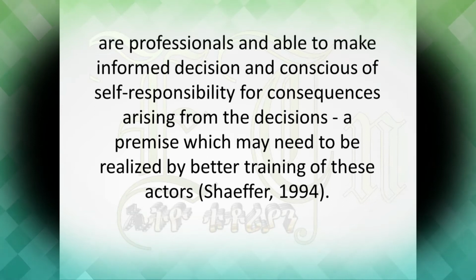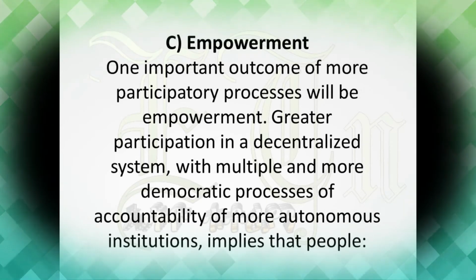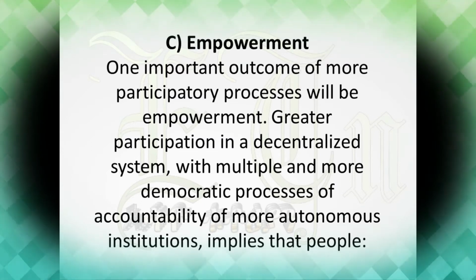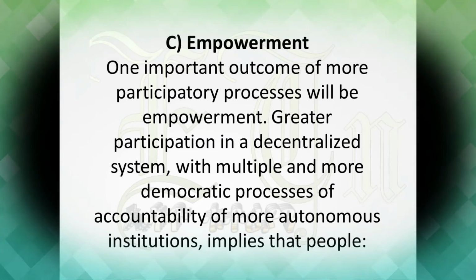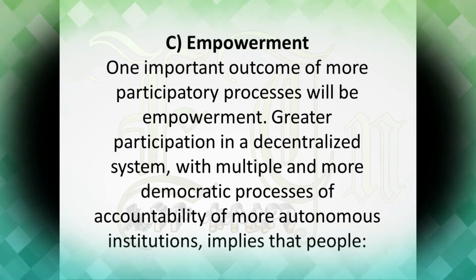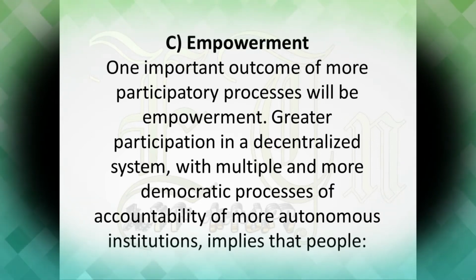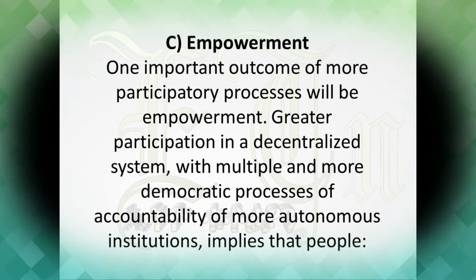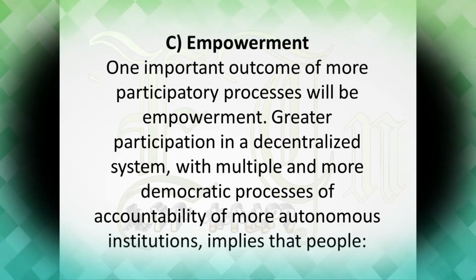Schaefer, 1994. C. Empowerment. One important outcome of more participatory processes will be empowerment. Greater participation in a decentralized system, with multiple and more democratic processes of accountability of more autonomous institutions, implies that